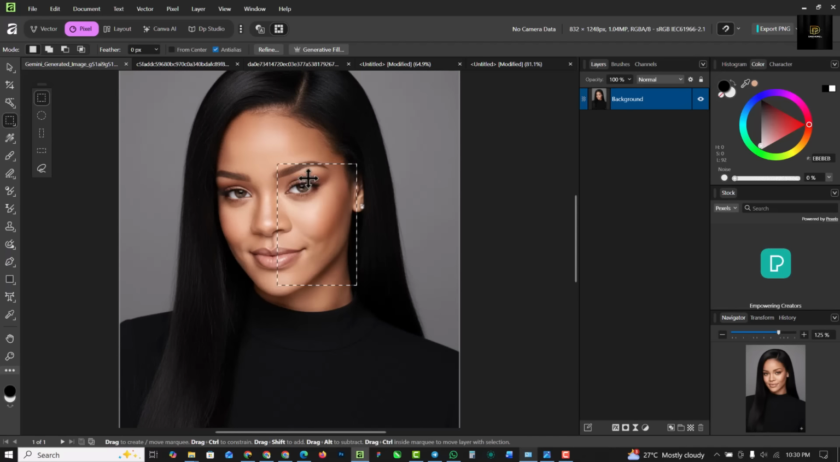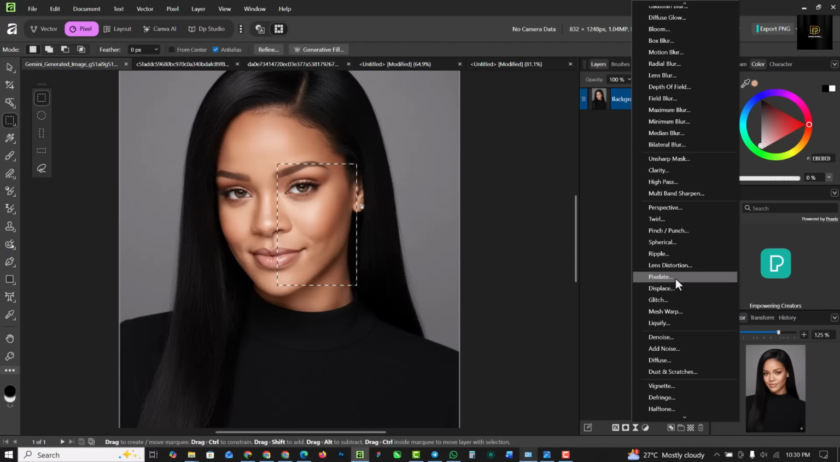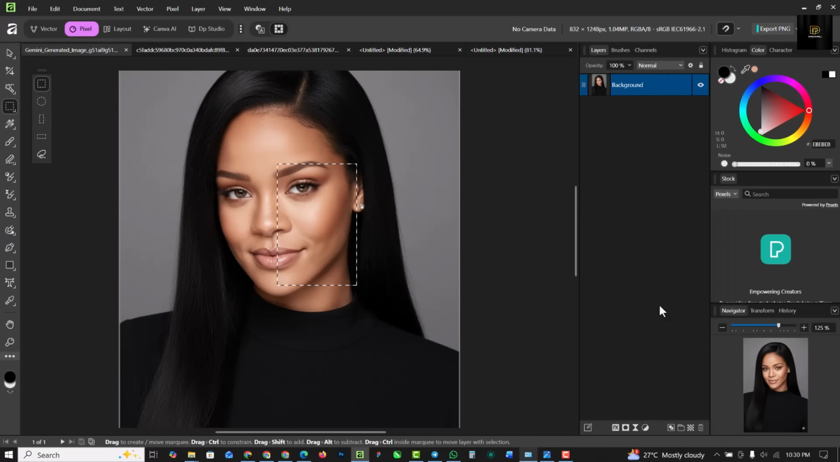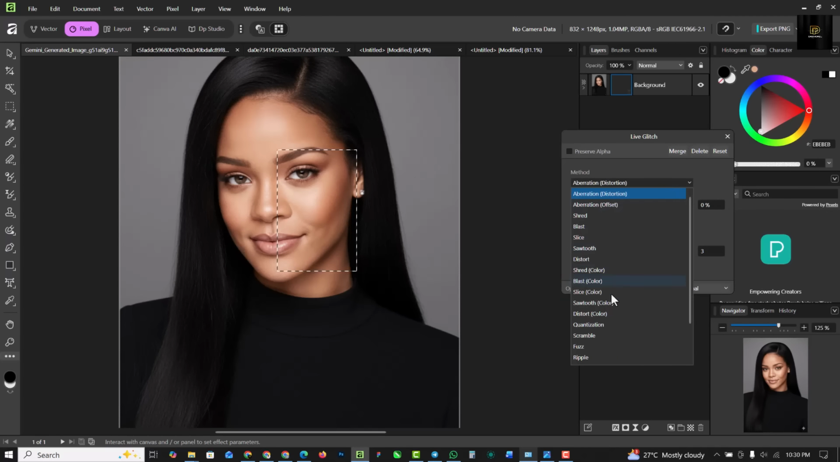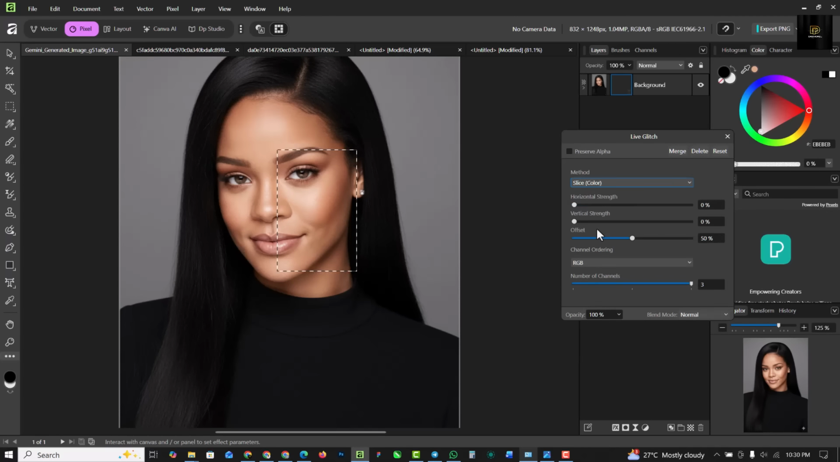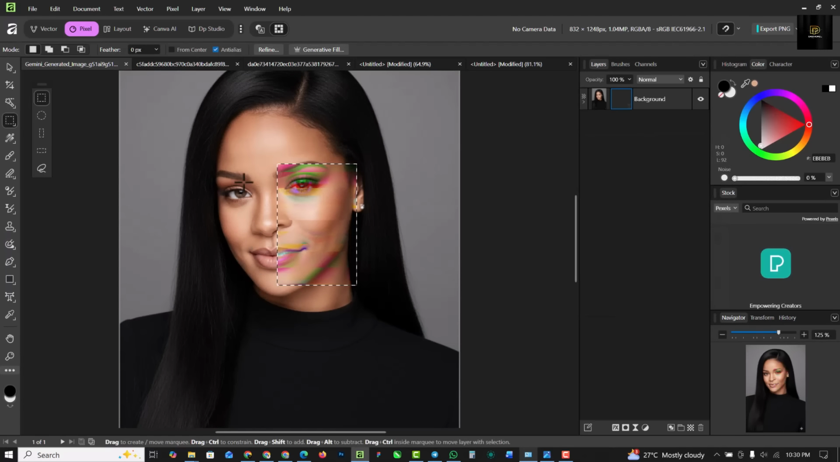I might choose to create an effect, maybe an adjustment, not necessarily effects. So I'll just go under here and click on, let's see, I'm going to use glitch, and I'm going to use slice color, right? So I'm just going to increase this, and you can see the effects that I'm trying to apply. Now, the marquee selection is the reason why this is not being applied to the entire image, right? So you can use it to select and add effects just the way I'm doing here, or you can choose to,